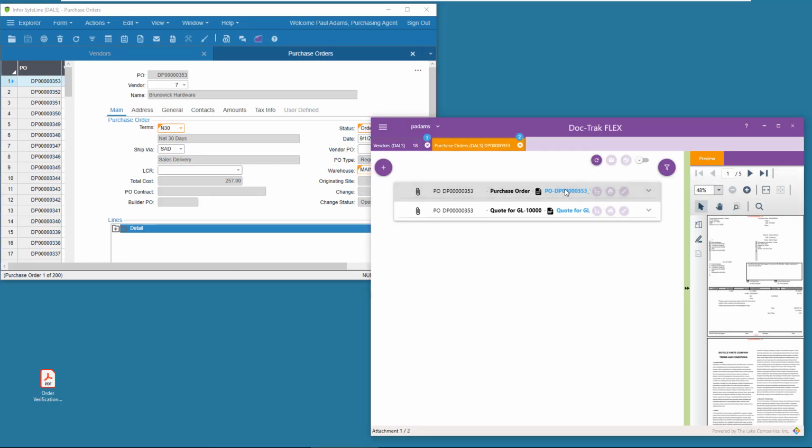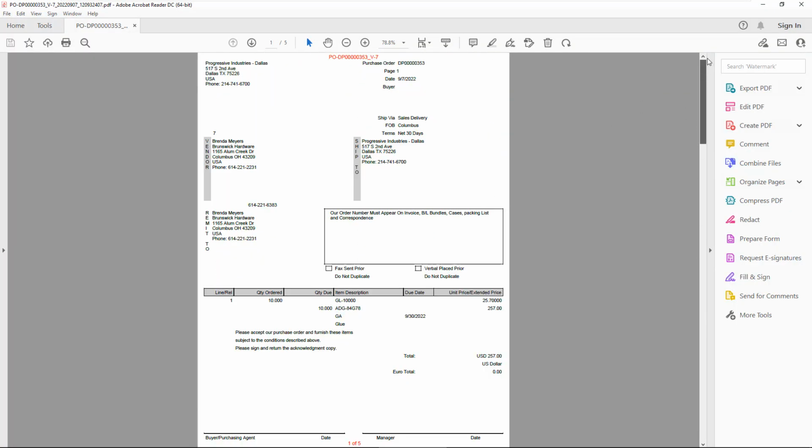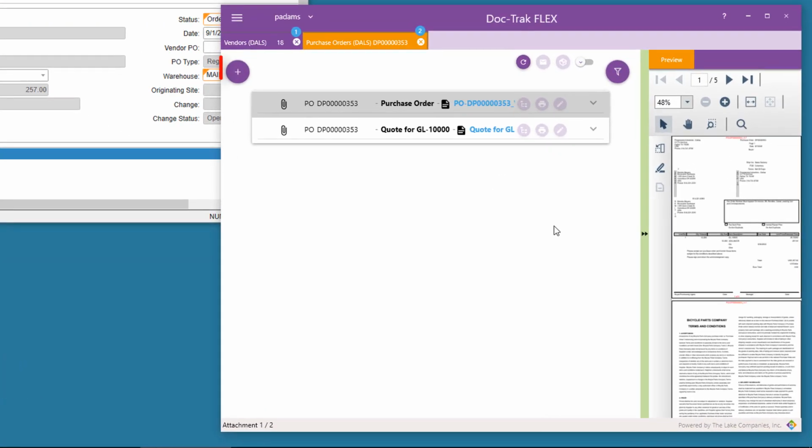And here it is. Not only that, but notice that when he's on the PO form, the plus icon is enabled.